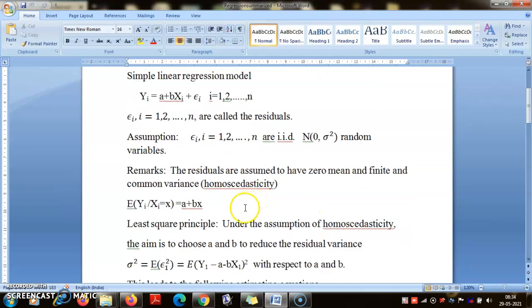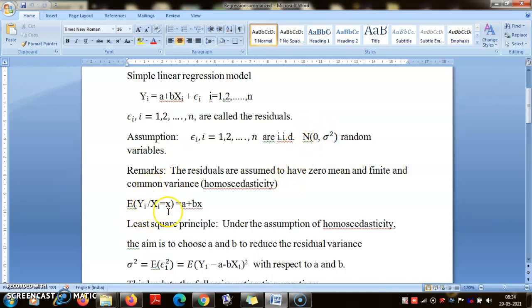Under this assumption, if you give me a value of x, say x equal to 0, then y is equal to a plus the error term. So given a value of x, you can see that this is a number plus a random variable. So if you assume it to be normal, then this conditional distribution will also be normal with mean a plus bx, and variance will be, since you are adding a constant, sigma square. So the mean of that conditional distribution will be a plus bx. It comes really from these assumptions that the errors are IID normal with mean 0.